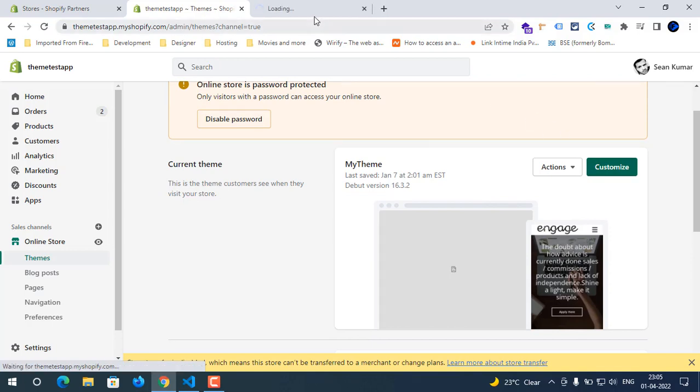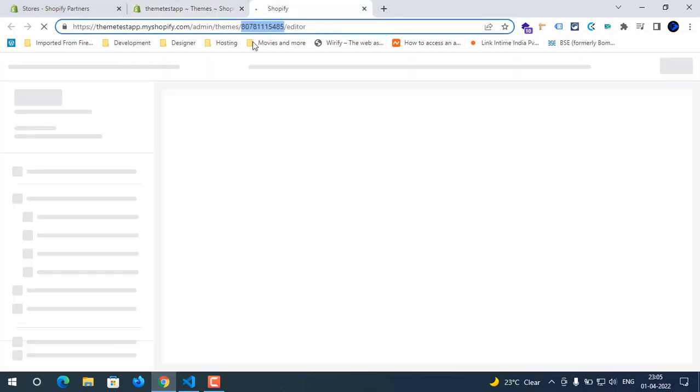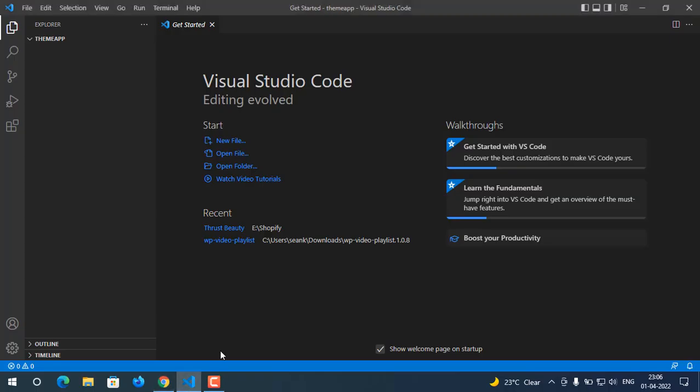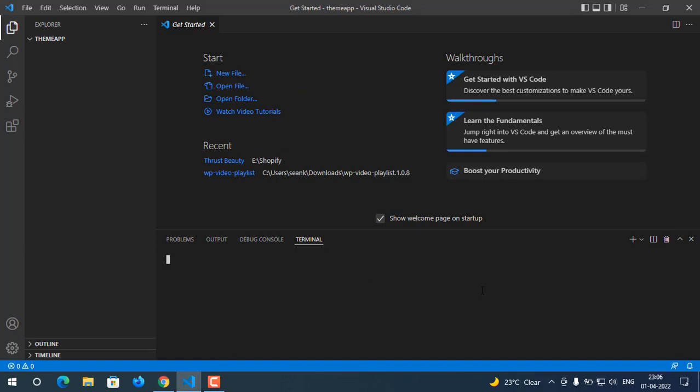So we need this ID to download our theme to local. What I'm going to do, first of all, let's open our terminal here, and here I'm going to